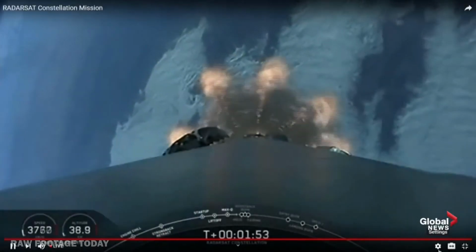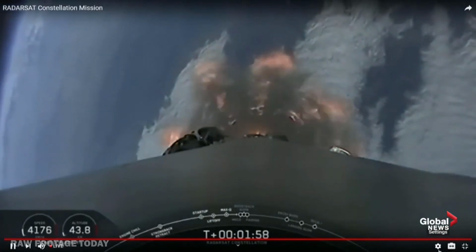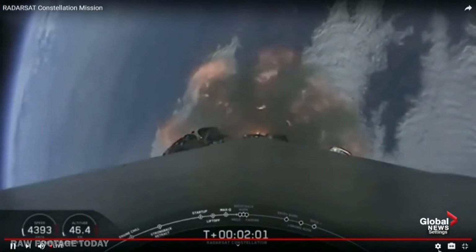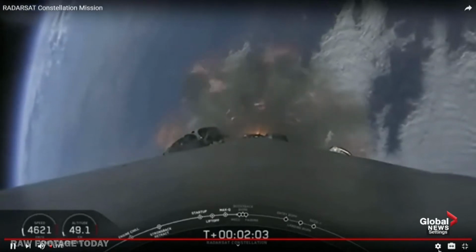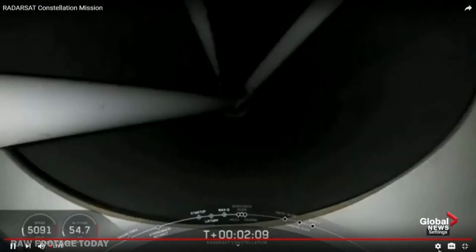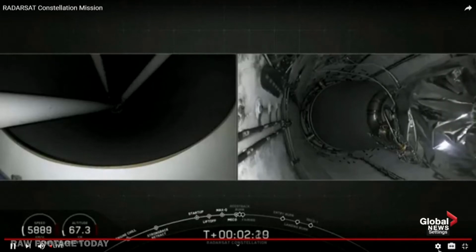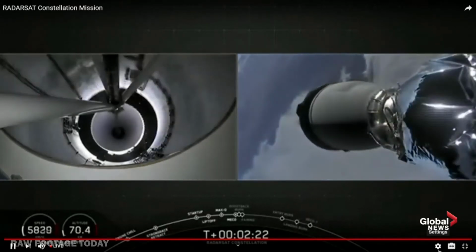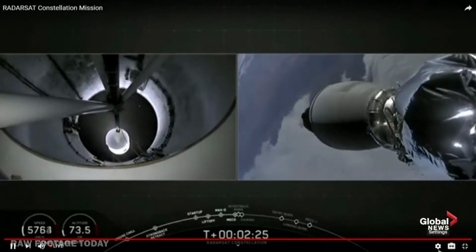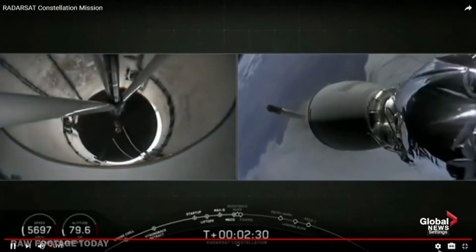F9 will shut down. Trajectory is looking good. Miko. Stage separation confirmed. And there on your screen, you can see that we have visual confirmation of main engine cutoff, stage separation, and